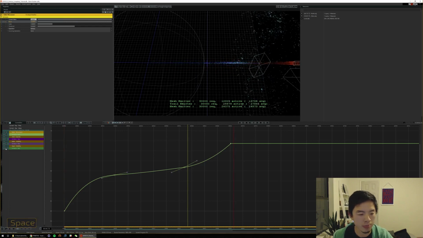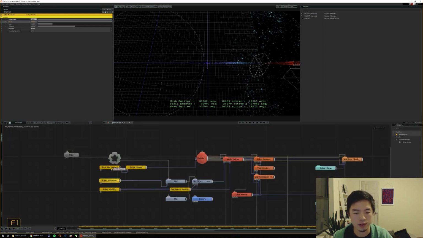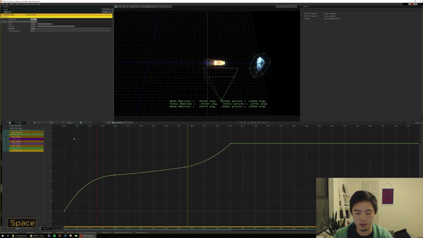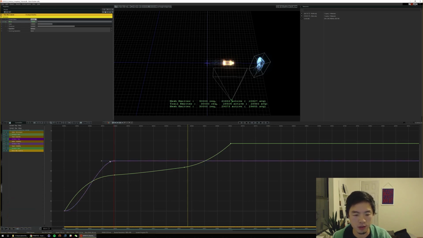sort of thing. And this is where our earlier control that we made for the slow-mo really comes into play. We can take the slow-mo control now and have our particle simulation slow down as this bullet slows down as well. So let's keyframe this parameter now. If we hit K at 0, it should be kind of playing maximum speed, right? And then right around here is where we want this to start slowing down. So we'll bring this up to say, let's just shoot for 1 and we can adjust this later. So